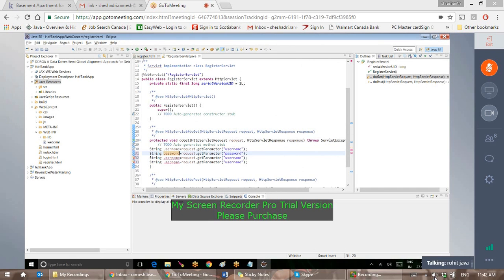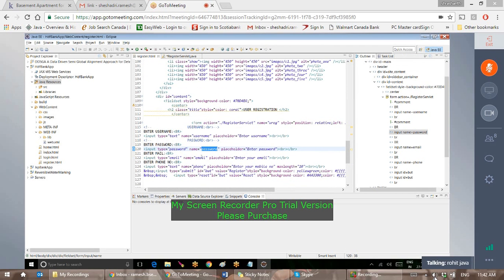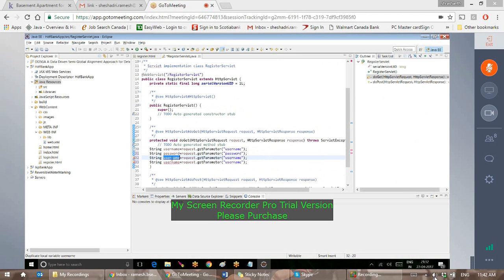Don't type the things for the second time. Copy, paste. Password is there, email is there, done. That's it. So I'm just having the username. Now, after that you can have the